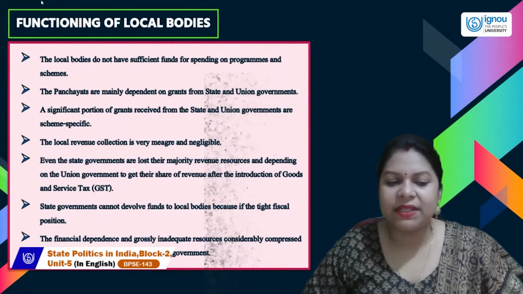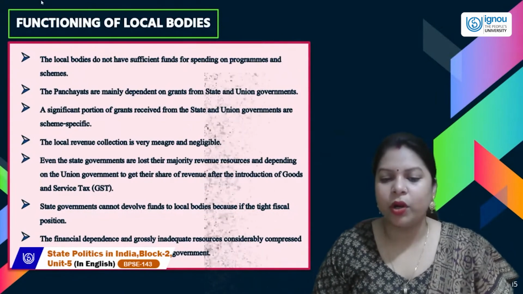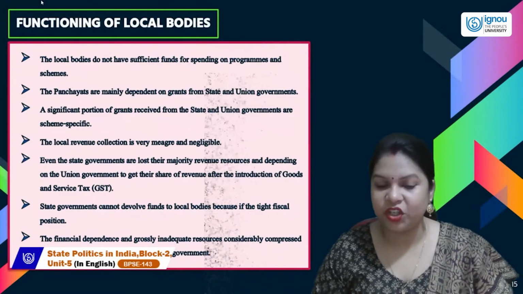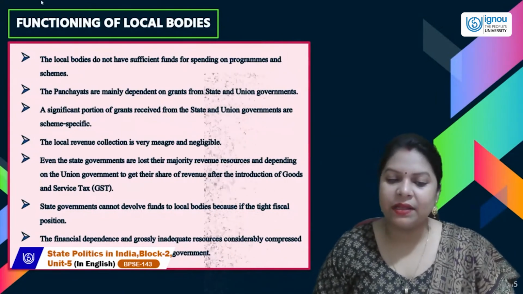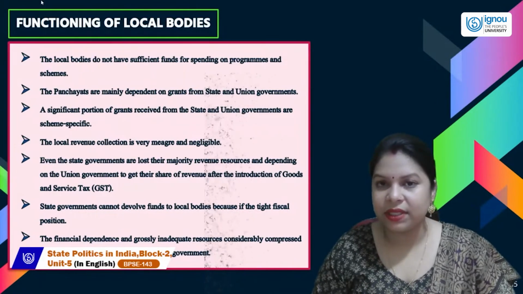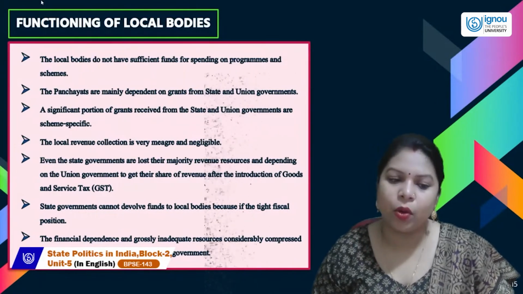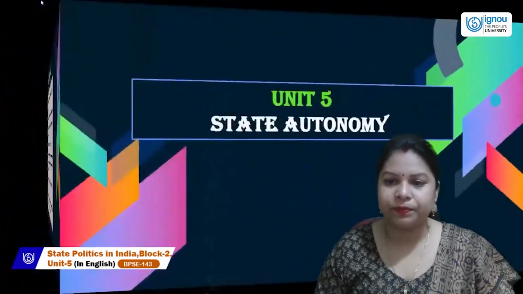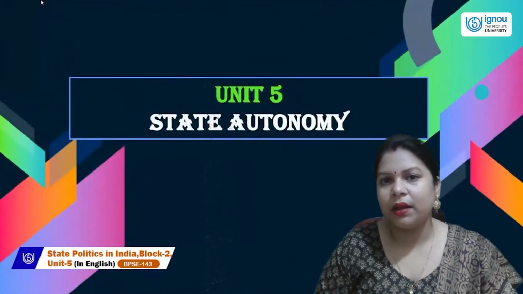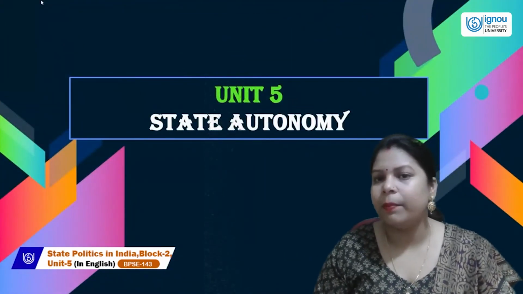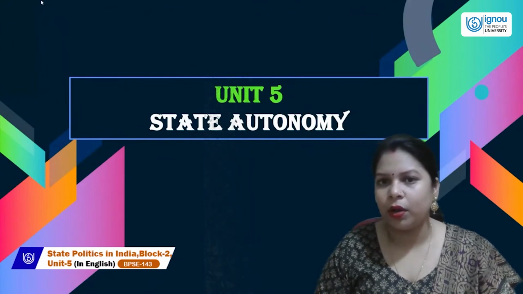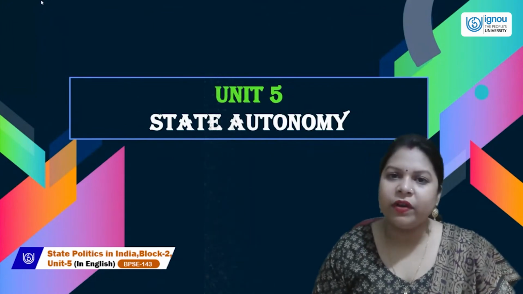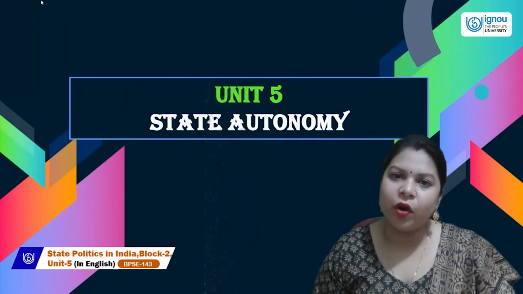The state governments cannot devolve funds to local bodies because of the tight fiscal position, and the financial dependence and grossly inadequate resources considerably compress the local bodies from functioning as units of self-government. So with this, we completed unit 4, the state local bodies, and now with unit 5 we are moving forward to understand